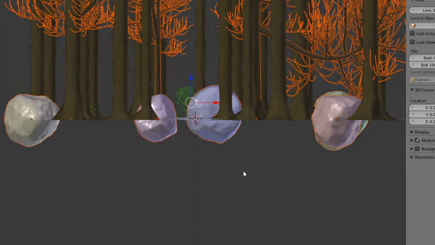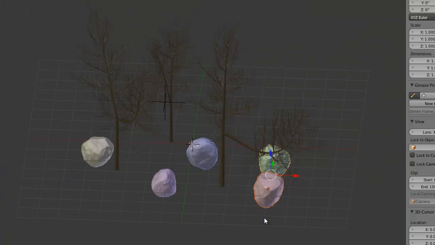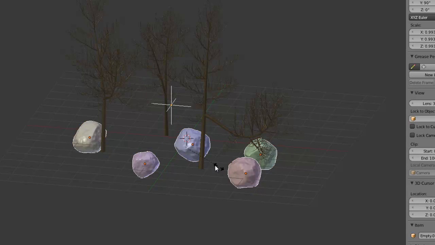The proportions are looking a bit messed up, so I'm going to get all my rocks selected. Let's go to this layer here. Wait, where's that empty? Yeah. Right, I'm going to get all my rocks like this, and my empty, and scale them down. That way,